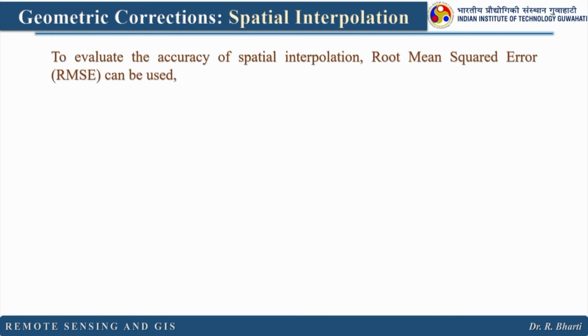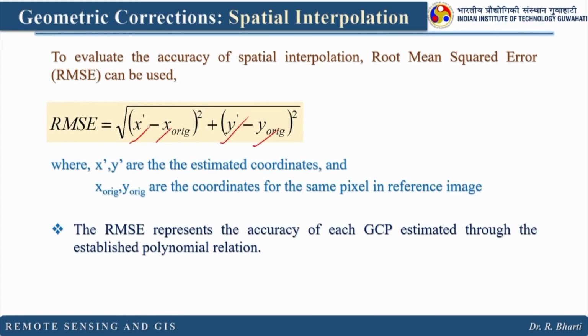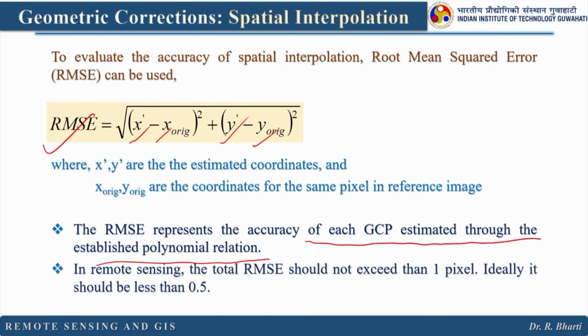To evaluate the accuracy of a spatial interpolation, RMSE can be used. So, the RMSE represents the accuracy of each GCP estimated through the established polynomial relation. So, what is the predicted or calculated one for the target image? So, in that case you need to find out what is the RMSE, and in remote sensing the total RMSE should not exceed 1 pixel. That means RMSE value should not be more than 1,